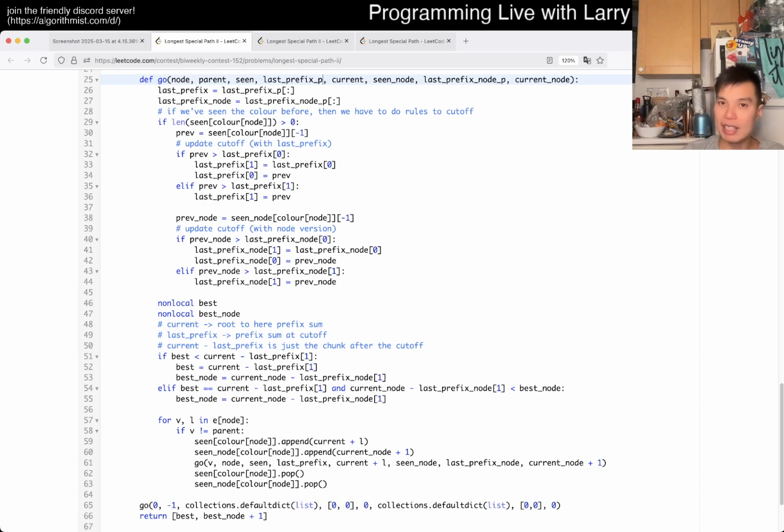This is also linear time, linear space, because we just do a few more extra if statements and assignment statements, but everything else is exactly the same, right? And yeah,